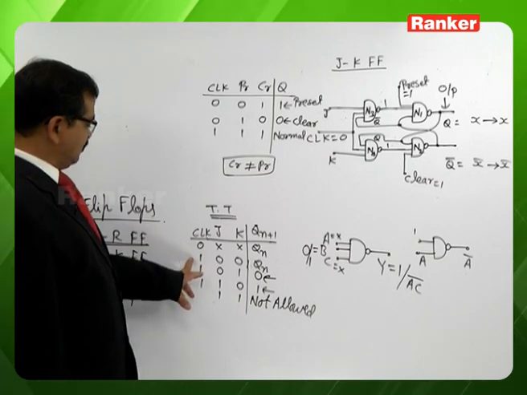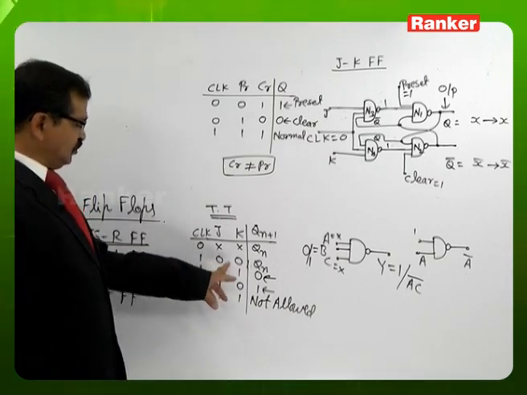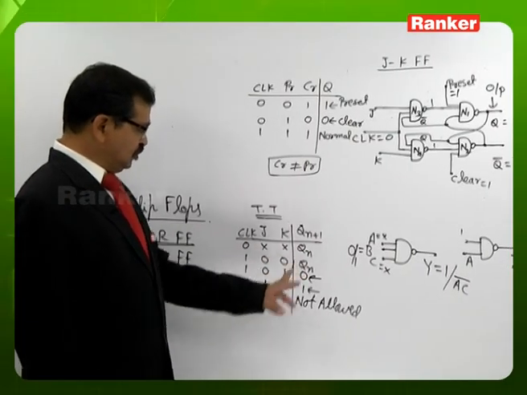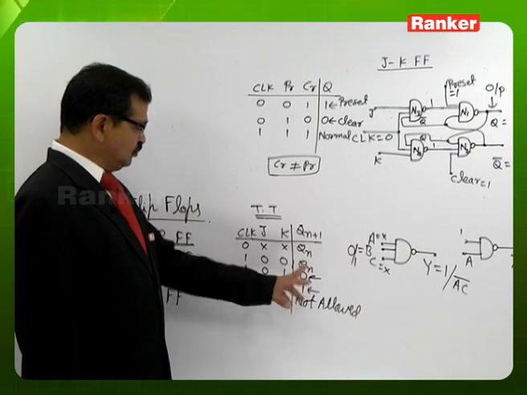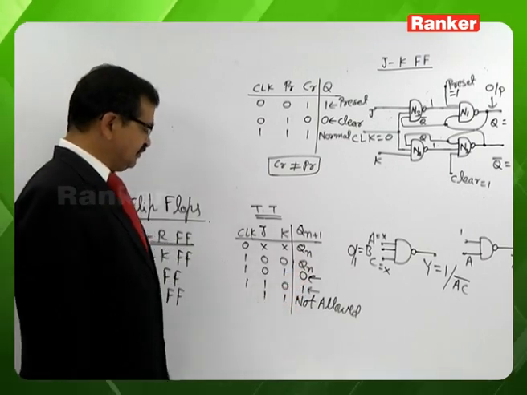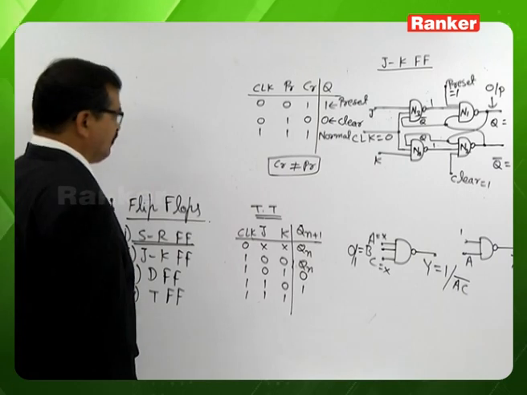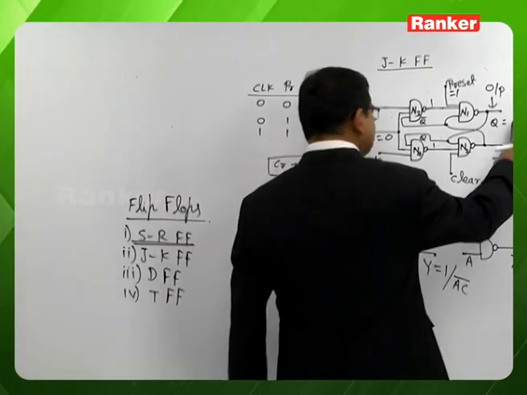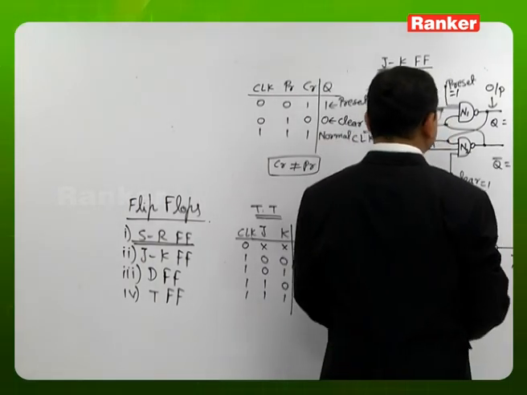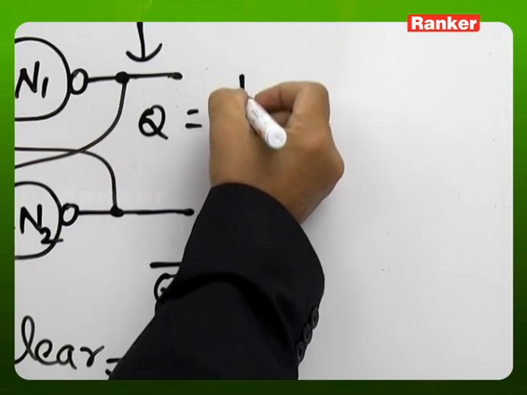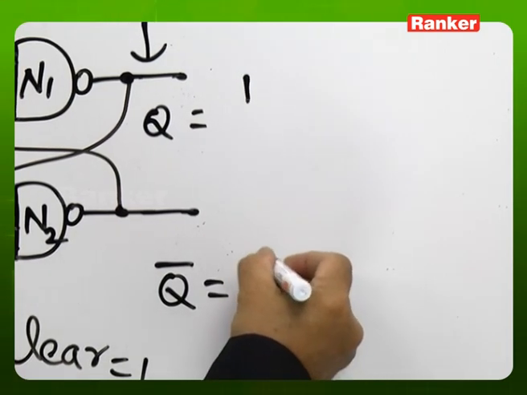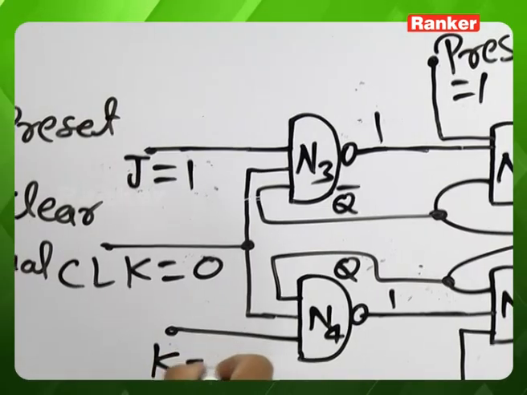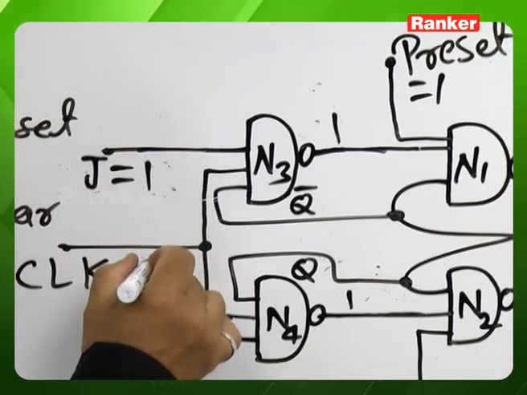Whenever the clock is 1, it is possible to verify for 0, 0, similar to the SR flip-flop; it comes out to be Qn. For 0, 1, it is 0. For 1, 0, it is 1. And let's check for 1, 1. Before applying the clock signal, let us consider gate N1 output as 1 and N2 output as 0. Now, keeping J as 1 and K as 1, if you apply the clock signal,